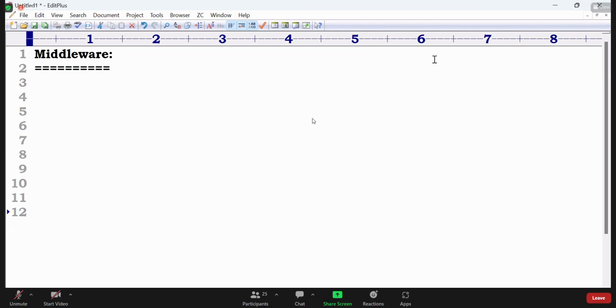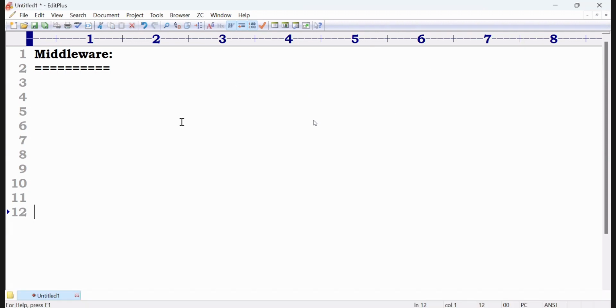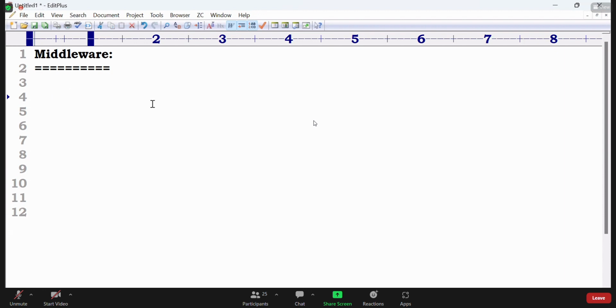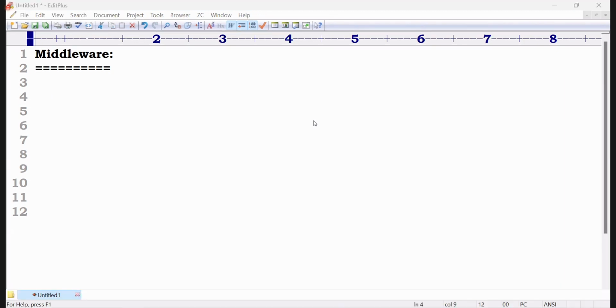It is not a big lengthy programming like CBVs, FBVs. Middleware means whenever an end user forwards a request. Up to now, based on our knowledge, we think that this request will go directly to the views and I'm getting the response. That is all we know up to now, because every view will return some response, and that response we are getting.